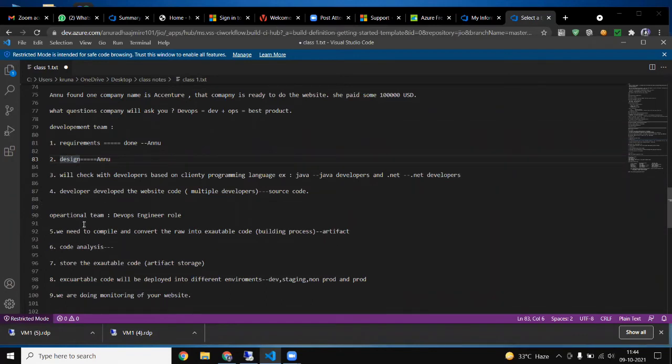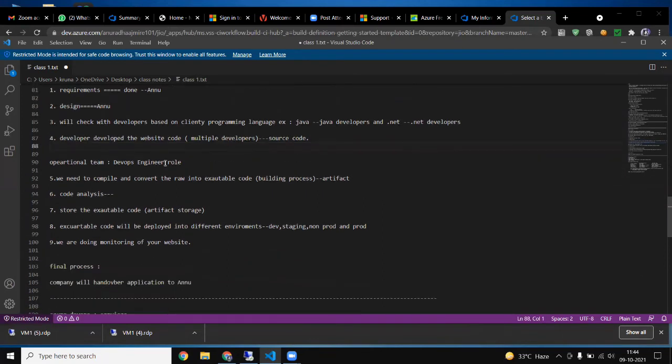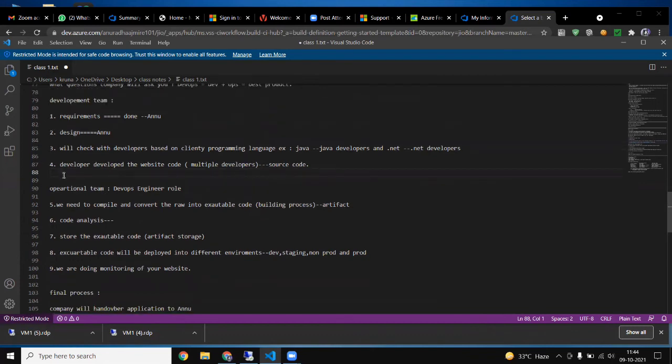So this is our role, and a single developer will not write all the code. We need multiple developers for developing that source code. Okay, and that source code they will write either in Java or in .NET. Now these are steps 1, 2, 3, 4.